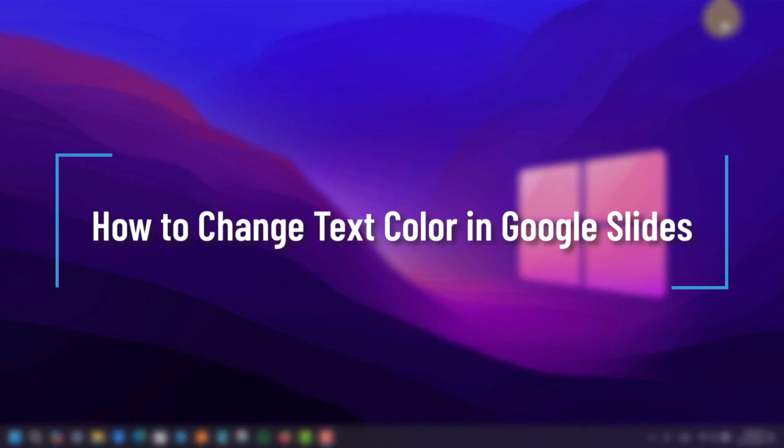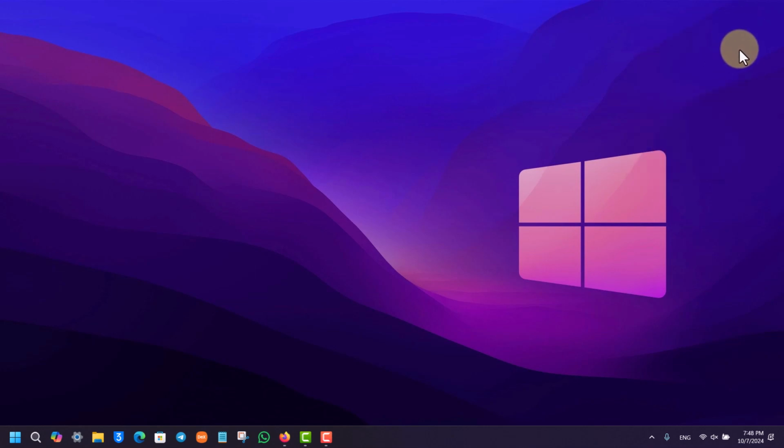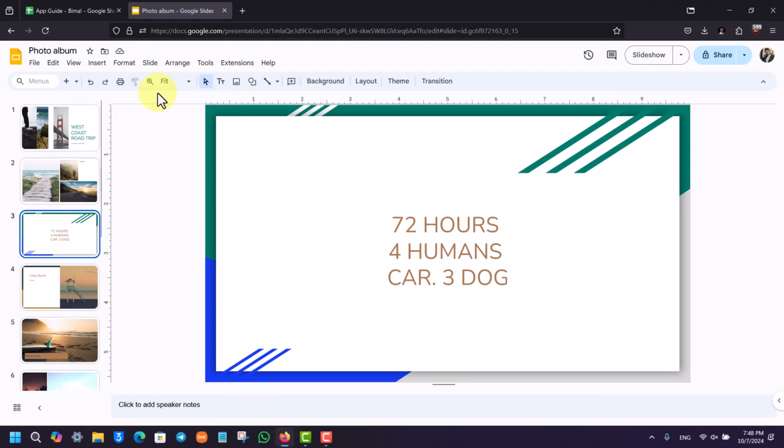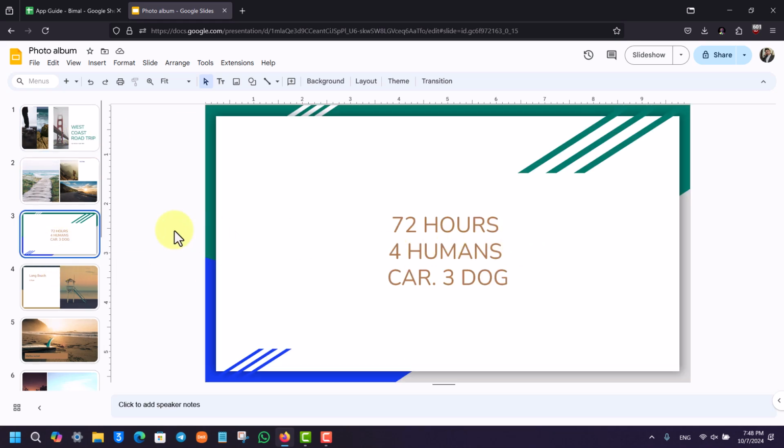How to change text color in Google Slides. If you want to change text color in Google Slides, it is very simple to do so. Basically, all you have to do is first of all open your browser, go to slides.google.com where your presentation is. Here you can see I've used different colors for different text over here, and it is quite simple to